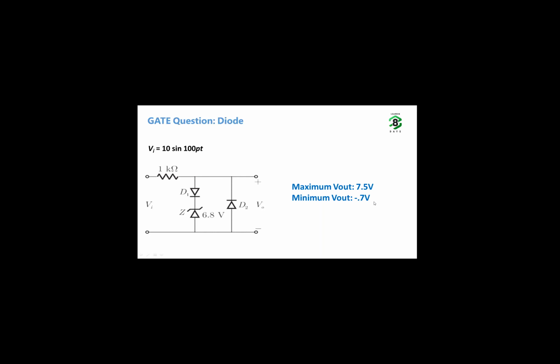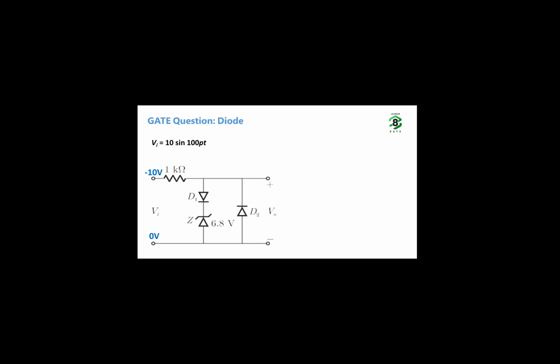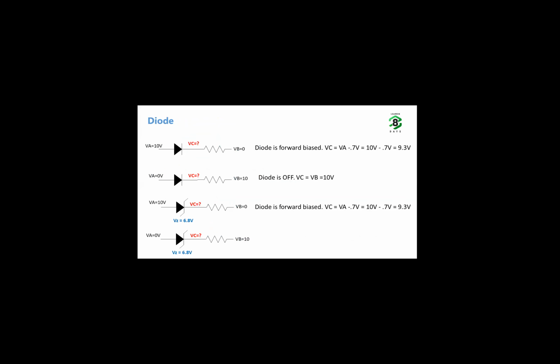In a nutshell, there are only three characteristics of diode. I'll just go back here to where we started. If you remember this scenario for regular diode forward bias and reverse bias condition, and similarly for Zener diode forward bias and reverse bias condition, you should be able to solve any question, whether it is a clipper, clamper, or any other diode specific question in GATE. We are going to solve similar problems in our subsequent webinars. So that's what we wanted to share today: always break a complex circuit into small components and make sure you understand the concept behind each small component very clearly. Then you will be able to solve any complex